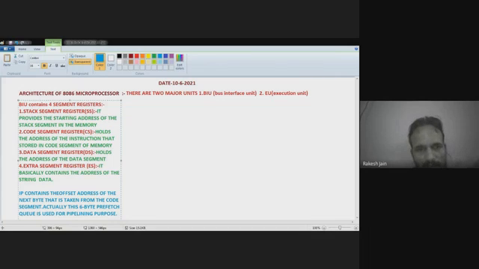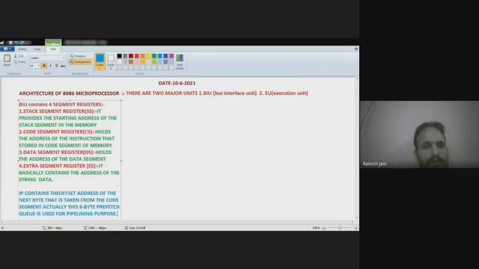A 6-byte prefetch queue, four special kinds of registers: the segment registers, code segment, stack segment, data segment, and extra segment register. One is the IP, which is related to the code segment, and one is the control unit, a general control unit to perform the operations.